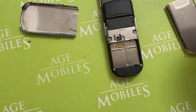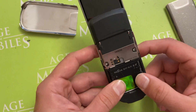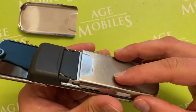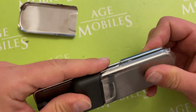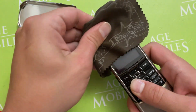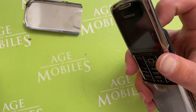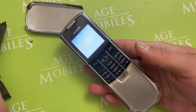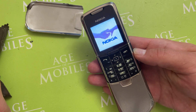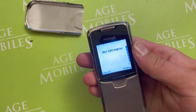So the sticker will be replaced a little bit later. Now we put the battery. Now we put the battery cover. Now I just clean it, even if it's foil. It should look perfect. Let us switch it on. So it is. Today we assembled Nokia 8800